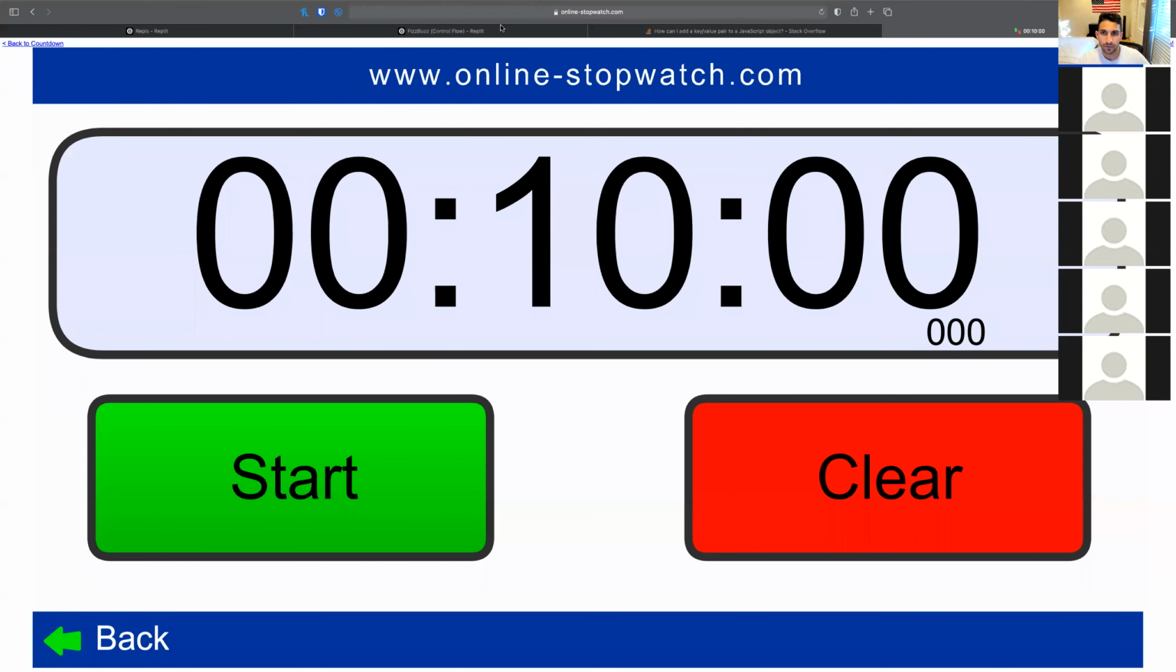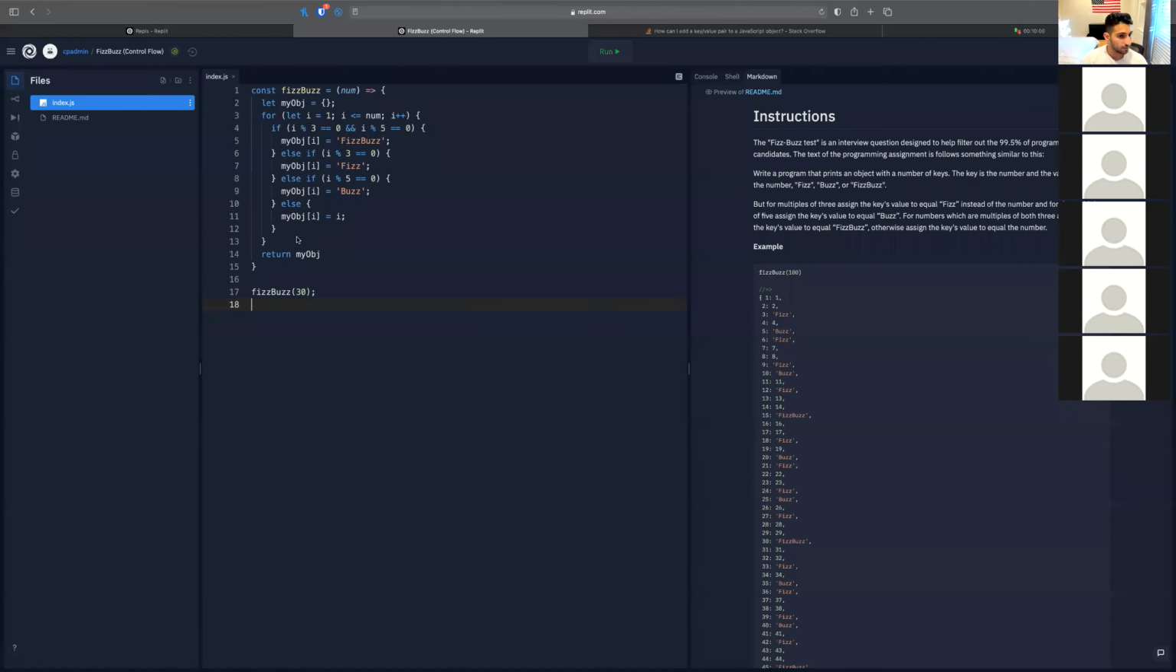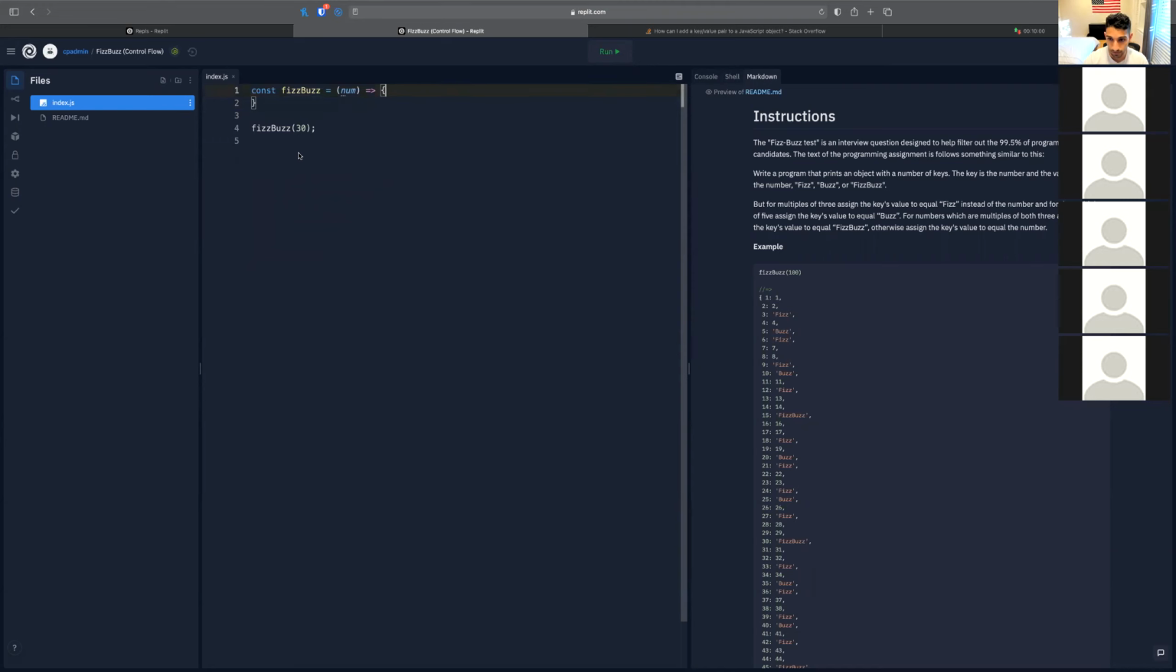All right. So do we have any more questions about Fizzbuzz before we continue? Any more uncertainty about how control flow works? Or because if you want a demonstration of if else and how that works,